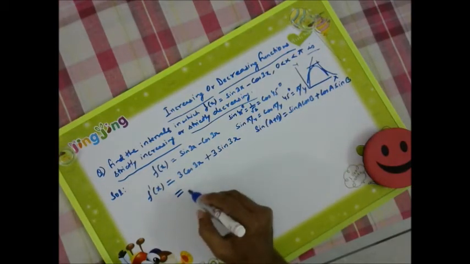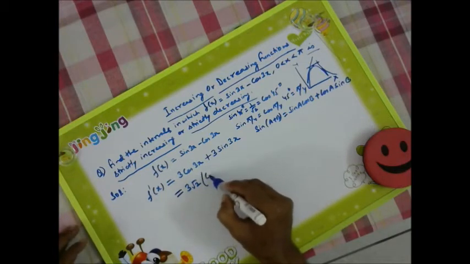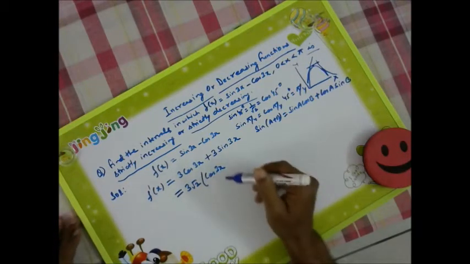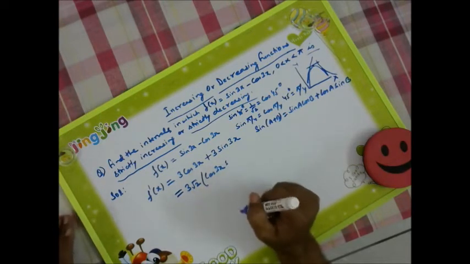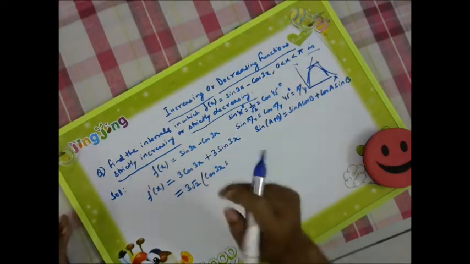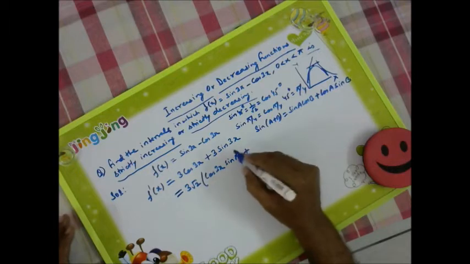So we will multiply with root 2, and inside, cos 3x and sin pi by 4, or you can say we make the multiplication by 1 by root 2. So 1 by root 2 is sin pi by 4, plus sin